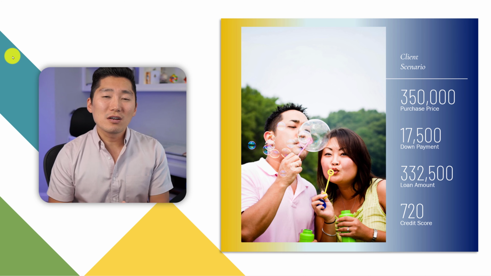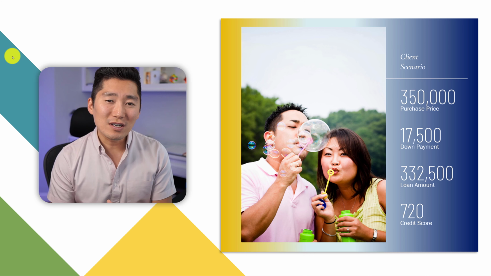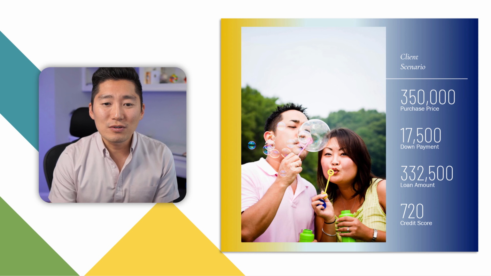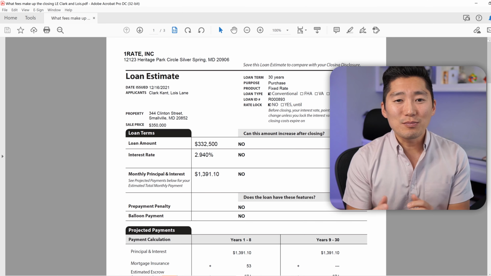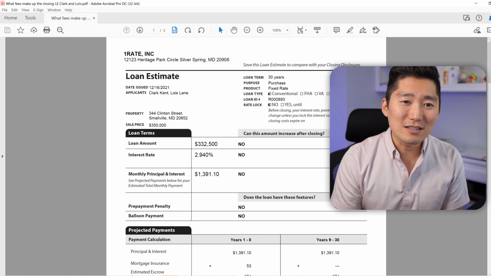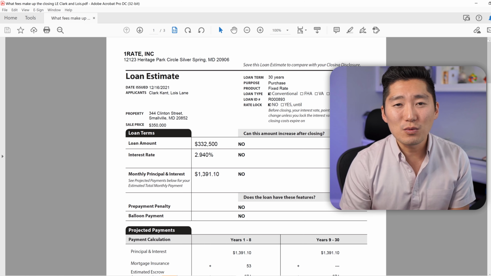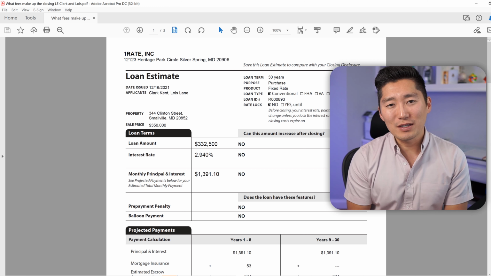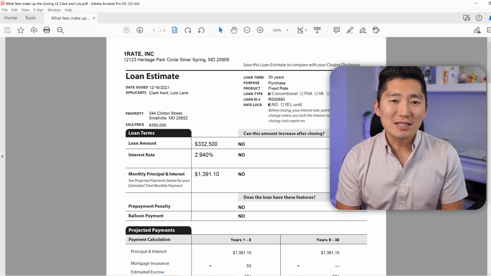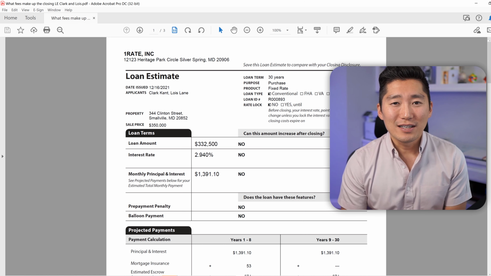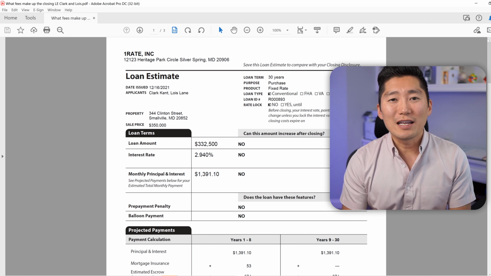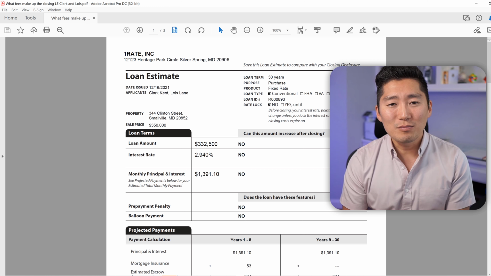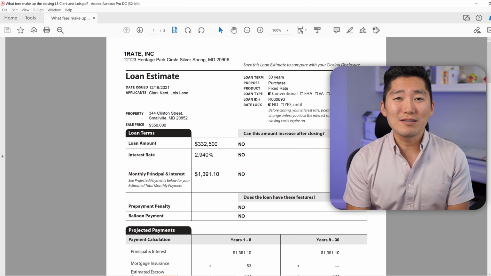Now from here, we're going to look at a few scenarios so that we can understand what fees actually make up the closing cost. But the first thing I wanted to share with you is, I'm sure if you've been shopping around already, that a typical estimate that you're getting is going to be this loan estimate or a fee worksheet. The idea of the loan estimate, when the CFPB decided to make this a standard, is that they wanted everybody to be able to shop around and receive a similar type of documentation. I think the intent was good, but the con is